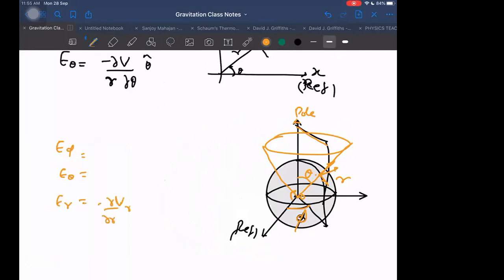We're saying E phi, E theta and E r. E r will be as usual minus del V by del r along r cap, and E theta along theta cap. What is theta cap first of all? That we should understand. If this is a pole, from the pole we take an angle theta along that cone, and then it will be perpendicular at r. Keep r fixed, keep the plane fixed, keep the other two fixed. We are taking the partial derivative.